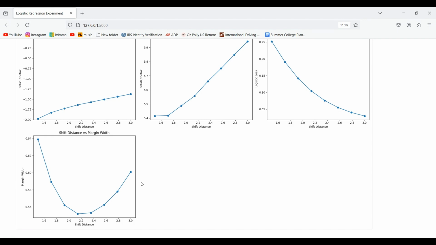So in summary, as the clusters become more distinct, the logistic regression model becomes more confident, as shown by the decrease in logistic loss and adjustments in coefficients. The decision boundary becomes more stable, with the slope and intercept ratio stabilizing as well, and the margin width decreases initially, but slightly increases at the end, showing that the model optimizes its classification margin even when the clusters are fully separated. So overall, this project highlights how logistic regression adapts to changes in data distribution, providing valuable insights into